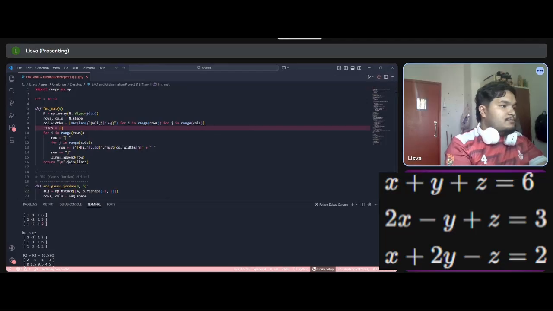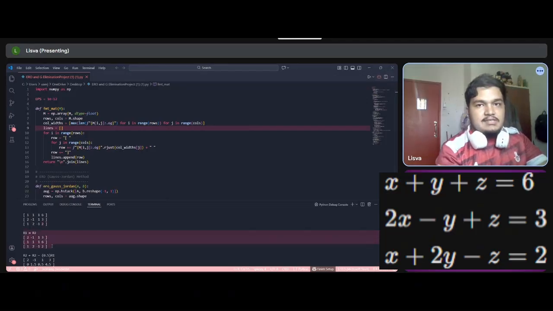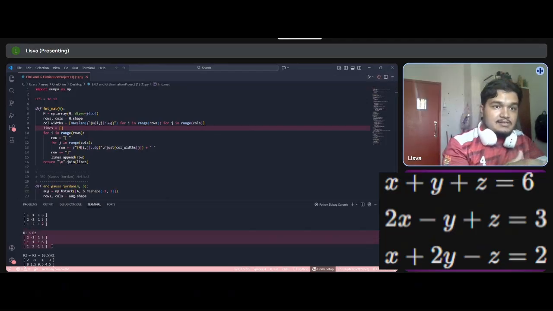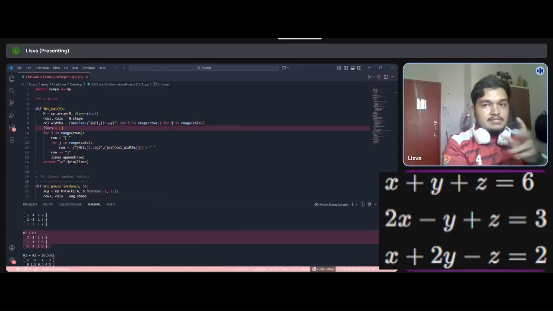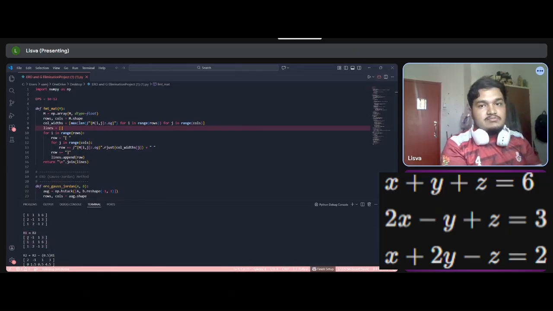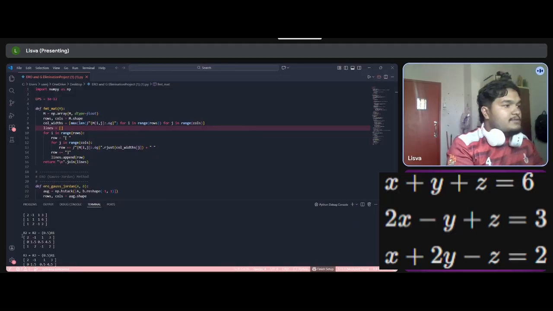Okay, so what the program does now is it arranges the equations. So here we can see that it swapped places between row 1 and row 2, since row 2 is bigger than row 1. And then we can see here that it starts to